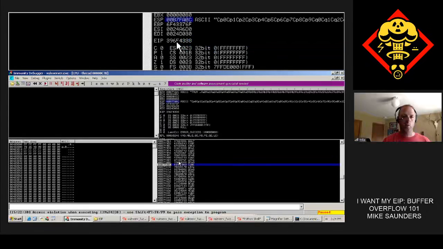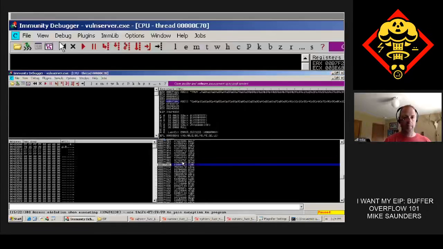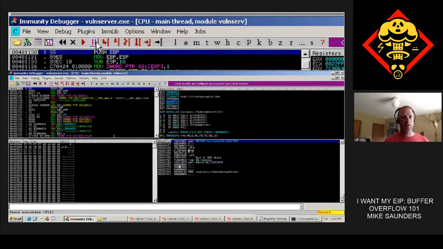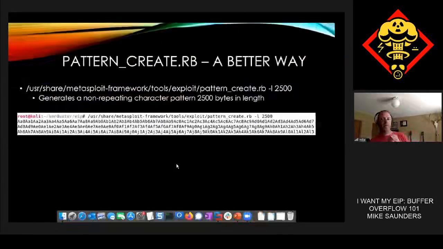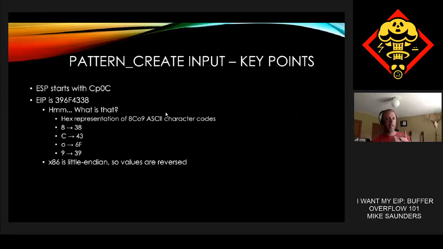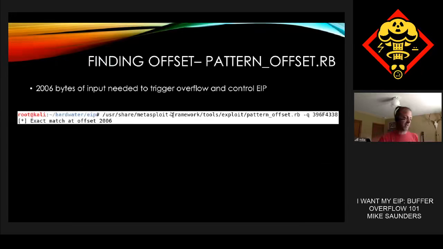Now, what we're going to look at is the complement to pattern create, which is something called pattern offset. We run pattern offset -Q 396F4338. It tells us the exact match is at offset 2006. So what that means is it took exactly 2006 bytes of input before we reached the first byte of our